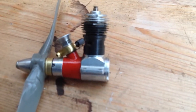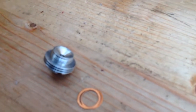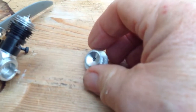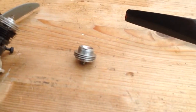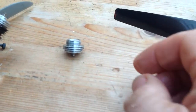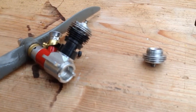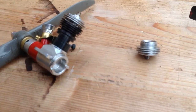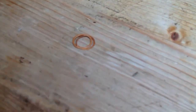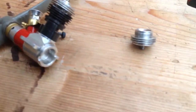The Cox features a little integral glow head, so the glow head screws off and another one fits in, so it doesn't have a glow plug separate, it's just in there. Although they seem to be very small, very compact, they seem to run down the old batteries quicker than an ordinary glow plug. I don't know why. And you can play with the number of copper shims in the cylinder head to reduce or increase the compression. So this comes to bits quite easily